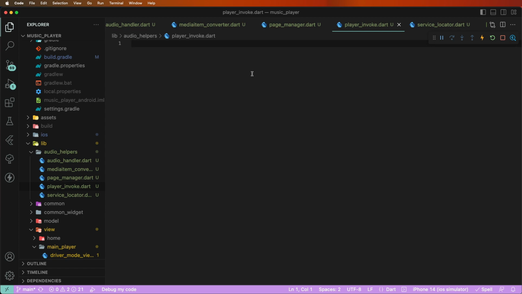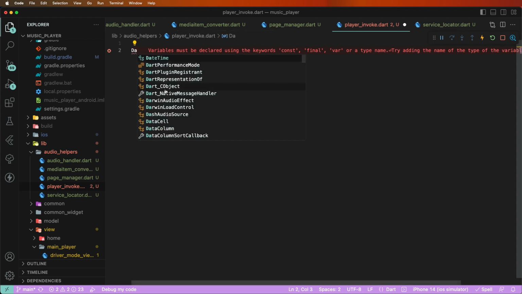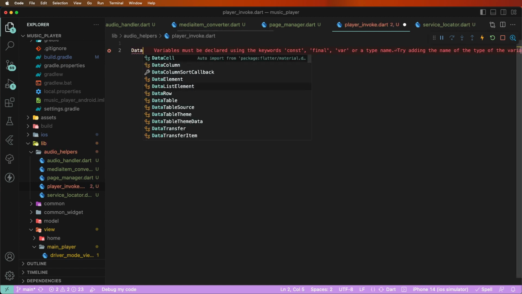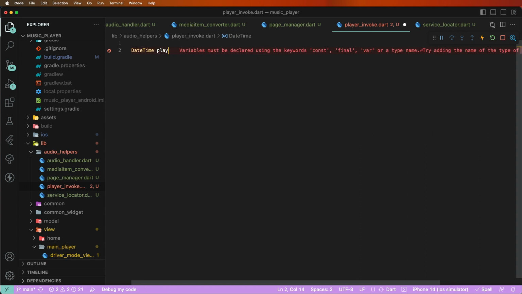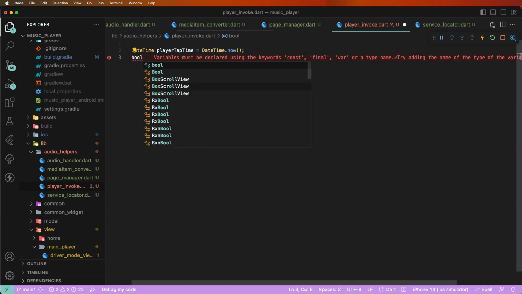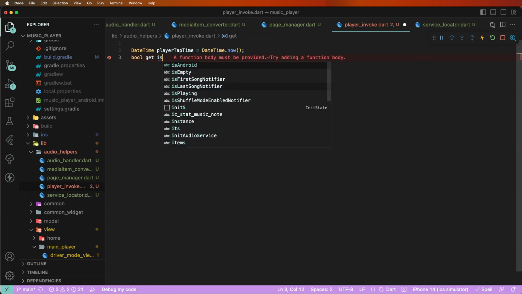Now need to go inside to define here properties, first of all need to set here the play times, date and times, and set here cap time, and to set here end time, but now need to set this here, and after need to set here the bool get processing,